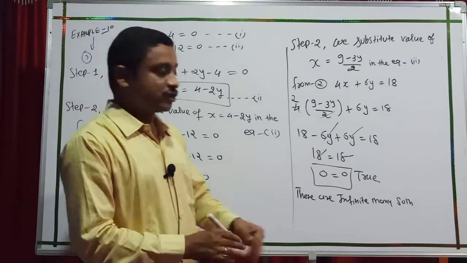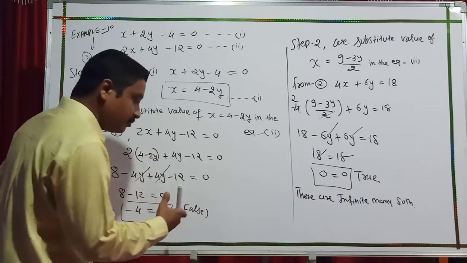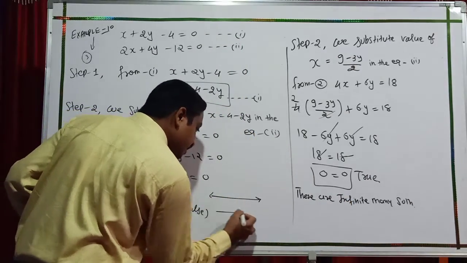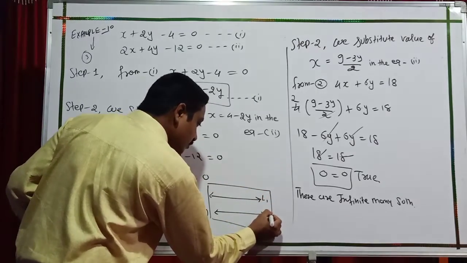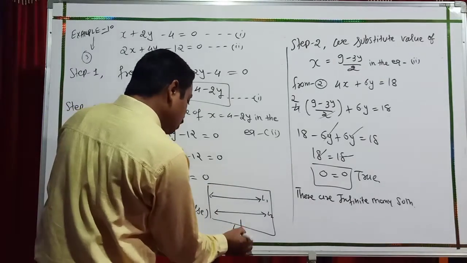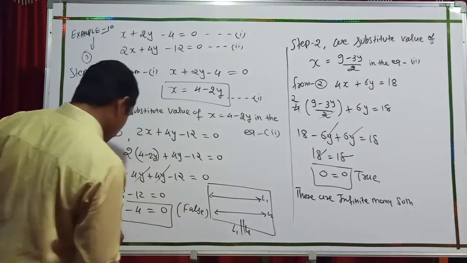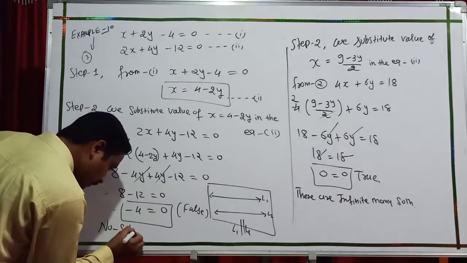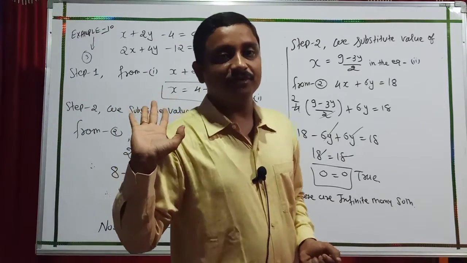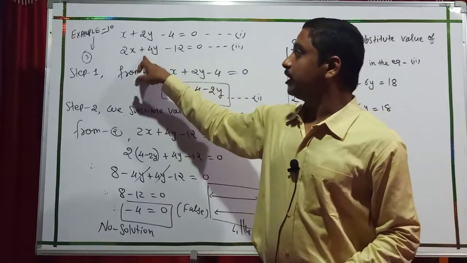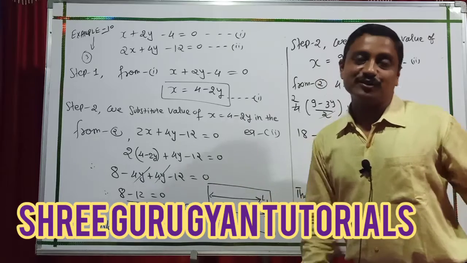See, in the previous numericals it was a true statement, so infinitely many solutions, but here a false statement. It means your two railway tracks, consider here two lines, both are in parallel situation. They never intersect. L1 parallel to L2. They do not intersect each other. So here no solution. It means both railway tracks never intersect each other. So finally write down in words that both railway tracks never intersect each other. And here our numerical is done. Students, it's easy.